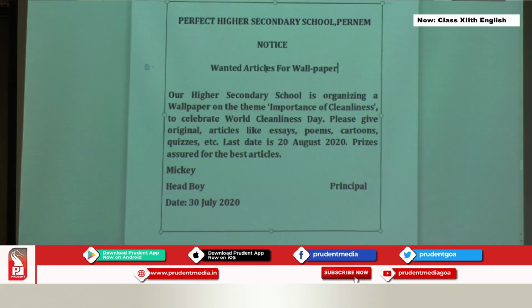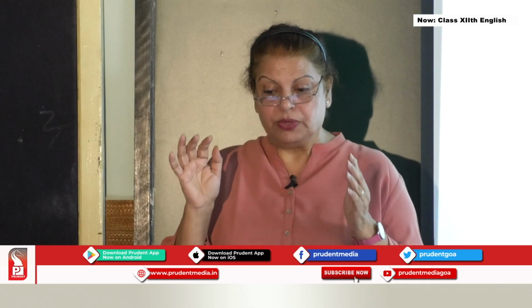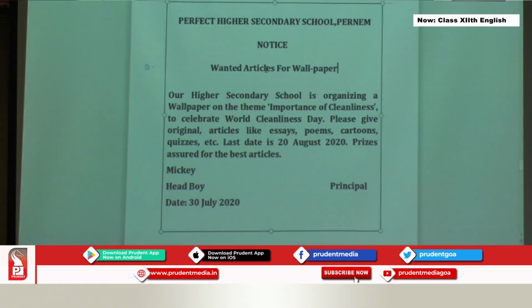As you can see, the first letter is in capitals, the rest is in small. And then of course you leave a line, the notice. Look at the wording of the notice. Our higher secondary school is organizing a wallpaper on the theme Importance of Cleanliness to celebrate World Cleanliness Day. Please give original articles like essays, poems, cartoons, quizzes, etc. Last date is mentioned and assure prizes